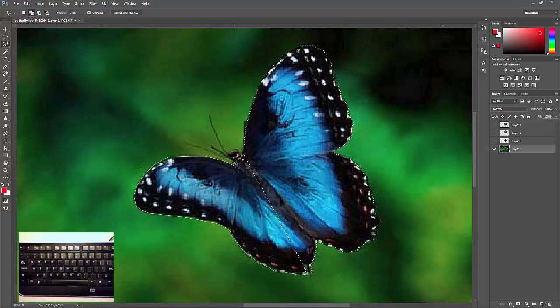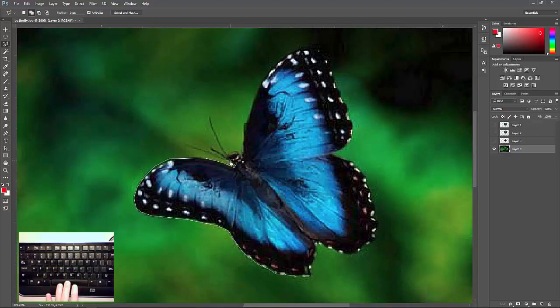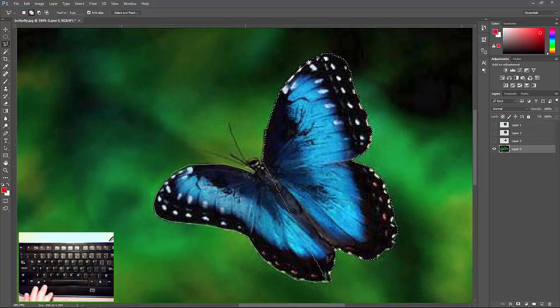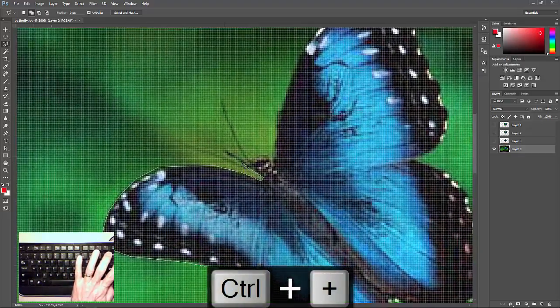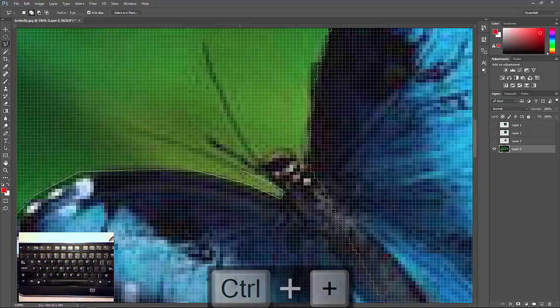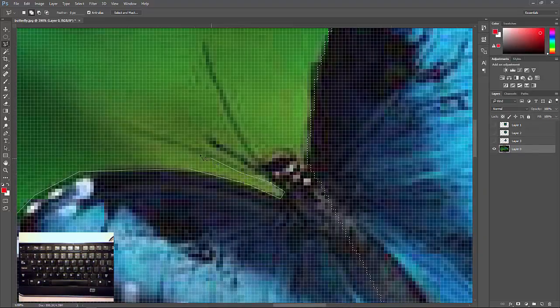go through the process. Now, as I said before, sometimes holding the space bar works, but holding the Alt key in this case will not work to zoom in. You can't hold the Alt key and zoom in and out because the Alt key is a different modifier key. So in this case, the Control plus is actually what I might want to do, because I want to get in close, because this time I'm going to select the antenna simply because this tool